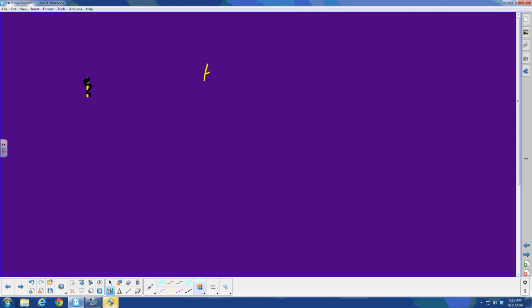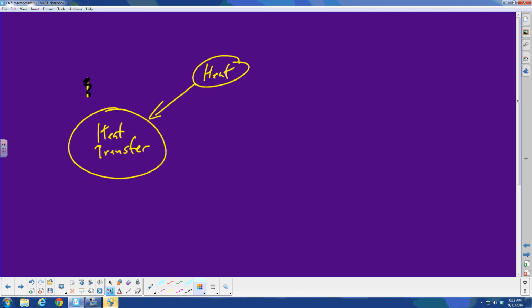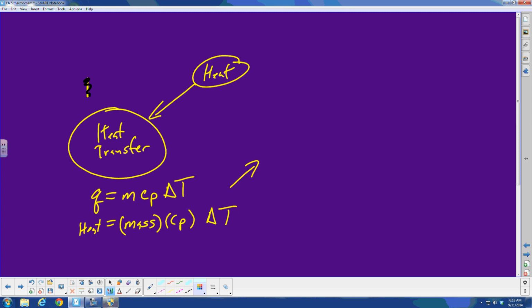So we want to talk about heat. And I guess what I'd like to talk a little bit about here is heat transfer, right? I think we're all familiar with the most important term in heat transfer, the equation that we use for heat transfer, and that is Q equals m c sub P delta T, right? And this means what? The heat transfer is equal to the mass of the body times this thing c sub P times delta T, where delta T is equal to my T final